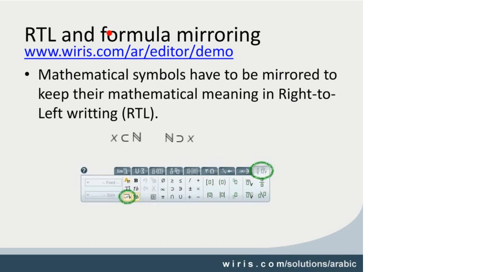You can make formulas. We have an example here of how to do that in Arabic. If I switch to Arabic, first of all, you get the toolbar that is right to left, so all symbols are on the other side. You now get symbols that are mirrored. And I can say X